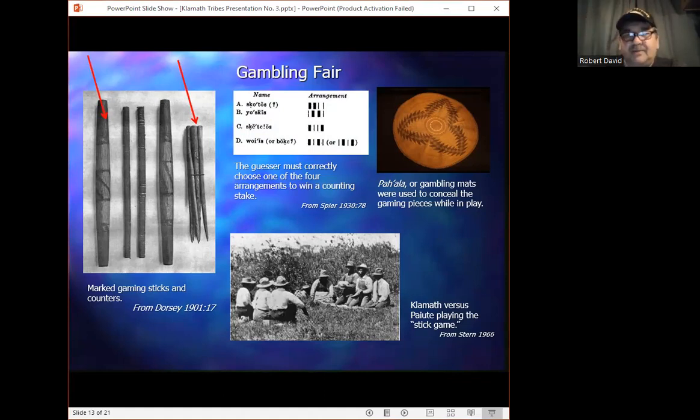Now, backing up a second. Even though the contest was between two skilled opponents, less skilled players could still hope to increase their wealth by casting their bets on the side of their champion gambler. Whole families would get involved in this, and in fact, according to Dorsey and Spear, who wrote most extensively on our gambling games, whole villages would get involved, and the stakes would pile up just phenomenally. And while the two champion gamblers continued to play, onlookers would join in by singing their power song, invoking spirits in hopes of giving their side an edge. Now, why am I telling you all this?